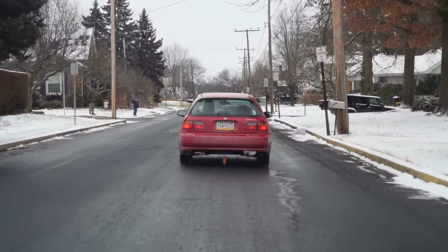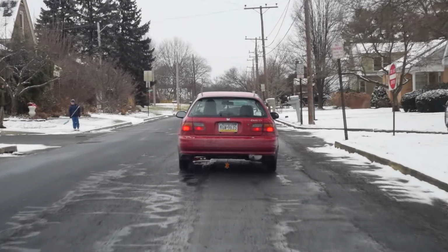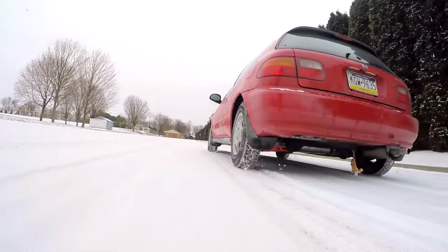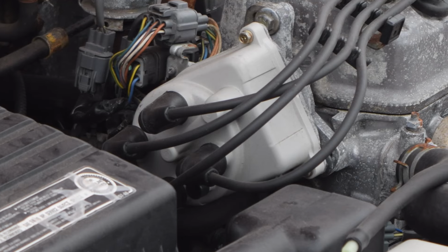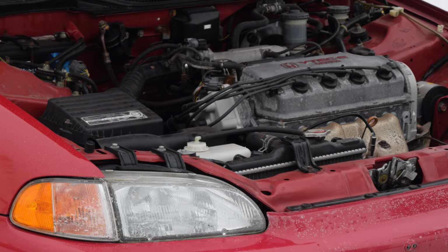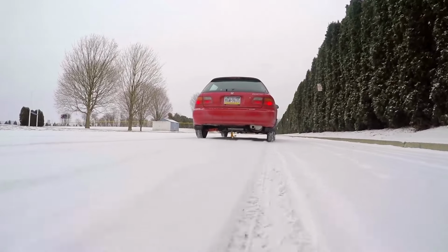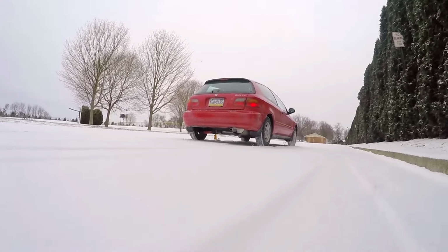Yes, it rattles and buzzes and everything, but the buzzes are muted by happy memories. Happy 90s memories. This is the simplest car you can buy today that's still modern. I mean, the only thing that's old school about it is it still uses a distributor instead of coil packs, but that's it. It's still port fuel injection, although it is OBD1 instead of OBD2. There's tons and tons of forums that tell you how to repair Civics,